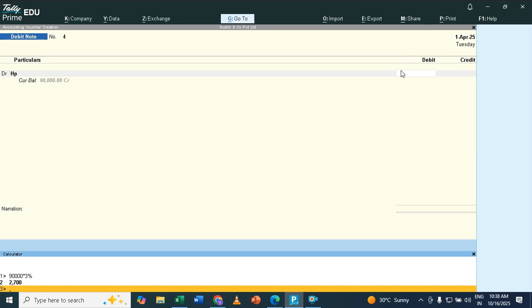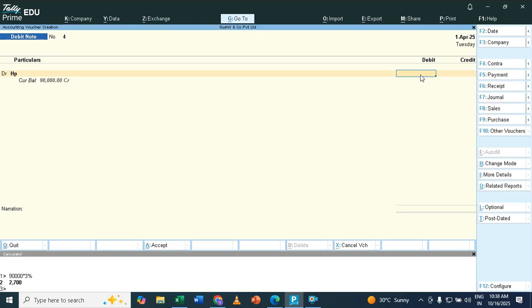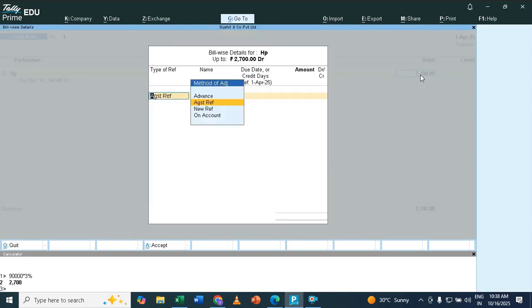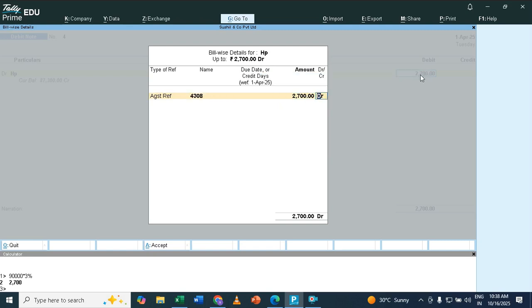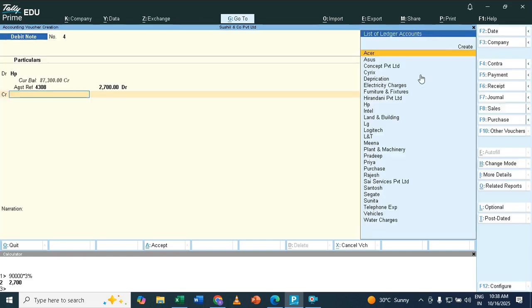Now this answer you have to put on top. You have to use your mouse, click like this, use top like this, debit, and type over there 2,700, enter. Because I put the bill number, you have to put that adjust reference. If the bill number was not there, I could have said on account. At the moment you say adjust reference because I put the bill number, enter. So enter details comes here like this, enter, enter. 2,700 is the amount which has to be deducted, enter.